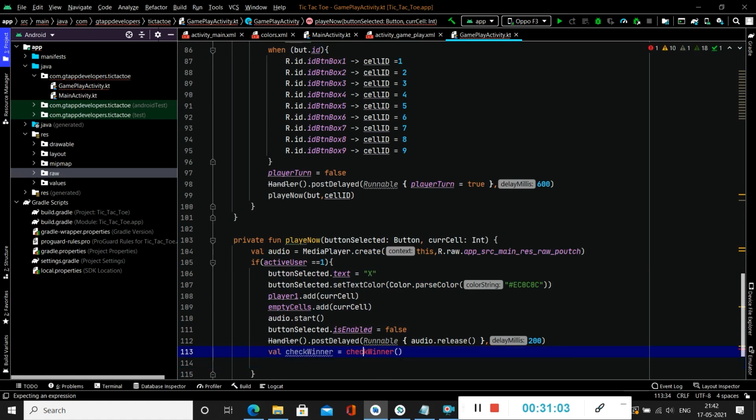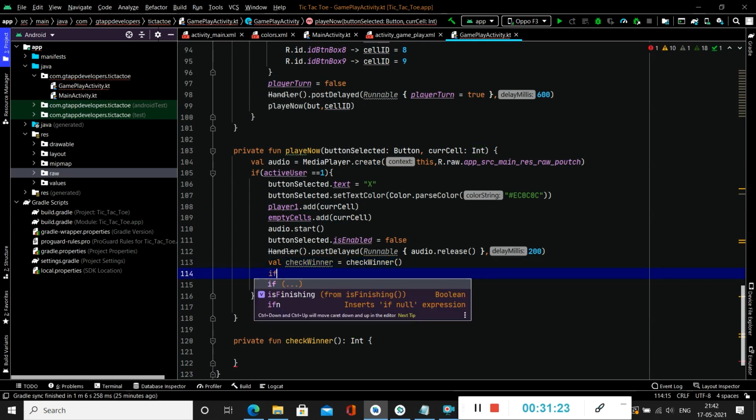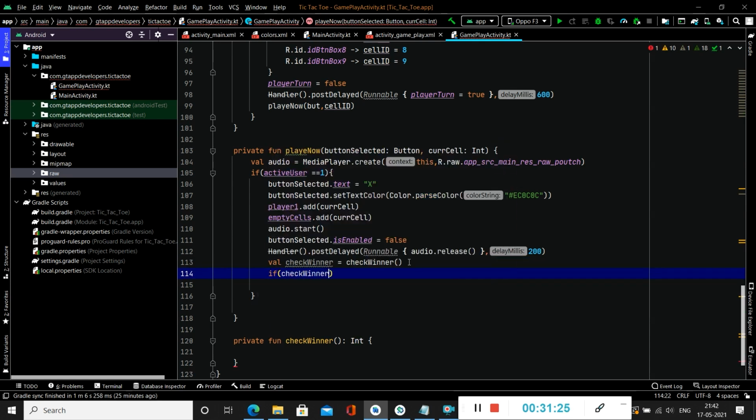So for creating a function, we simply have to create function. Our function will be created here. We will be specifying the data type, that is from any, we will change it, so it will be specifically the int. Now inside, after this check winner, we will check whether the winner code, if the check winner is 1, inside